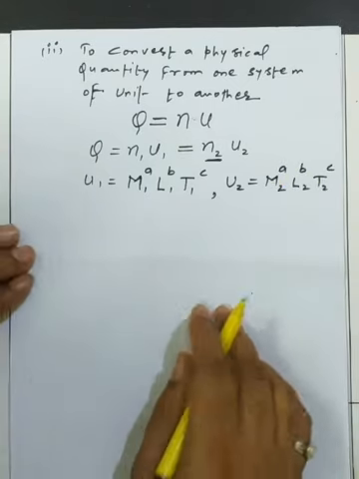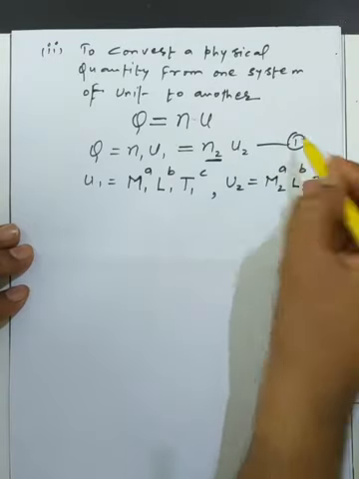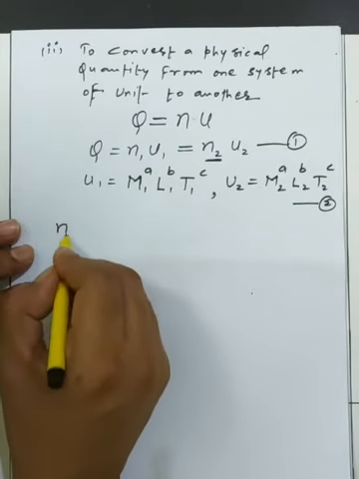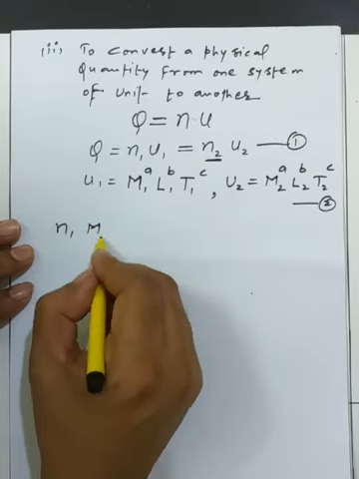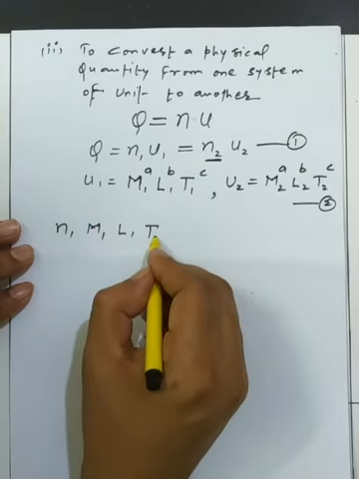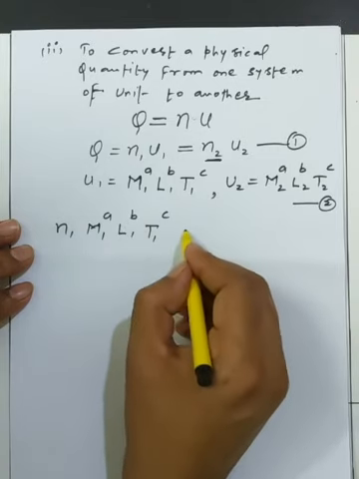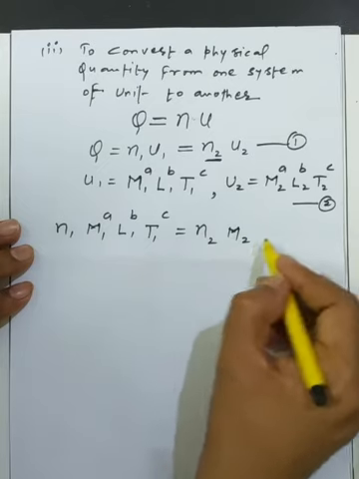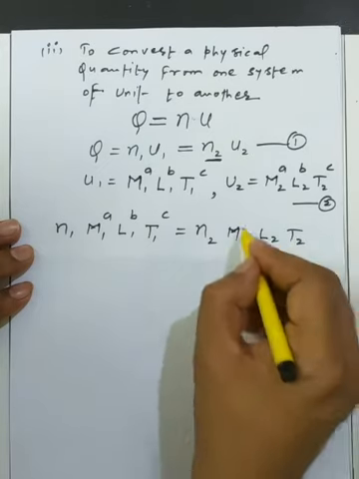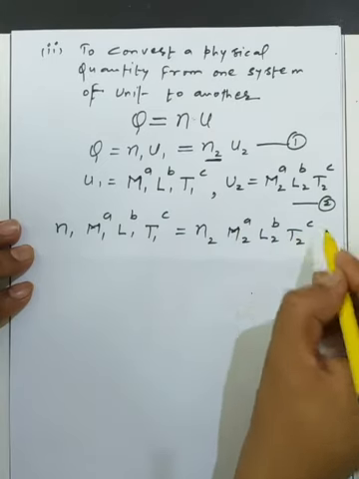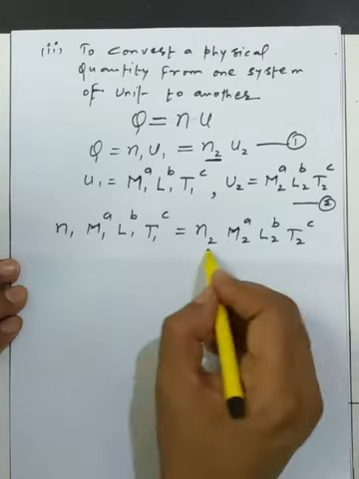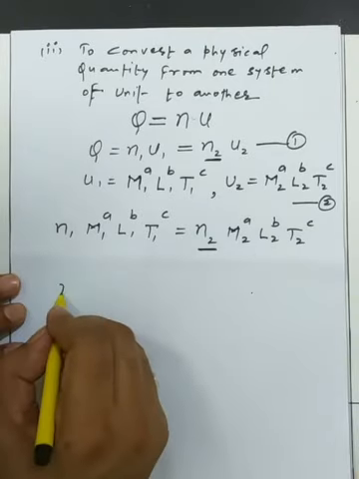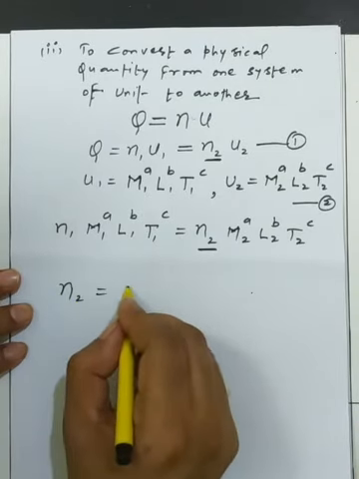Suppose this is equation number 1 and this is equation number 2, so we use equation 2 in equation 1. We get n1 times M1, L1, T1 with powers a, b, c equal to n2 times M2, L2, T2 with powers a, b, c. What we actually have to calculate is n2, the magnitude of the physical quantity in the other system, so we separate n2 and keep the other things on one side, that is M1,